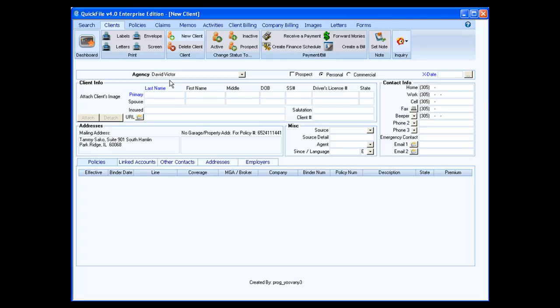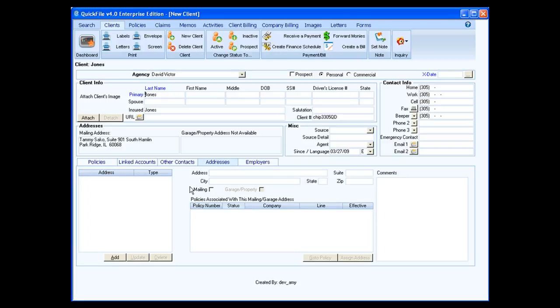Here we have the last name, so let's go ahead and add in a person here. I already have test, so let's go ahead and put in Jones. We're going to go ahead and put in the first name. As you see now, it populates this area because we have a name. Let's say Heather Jones, middle initial, say L, date of birth,